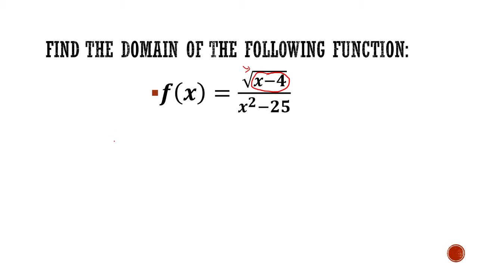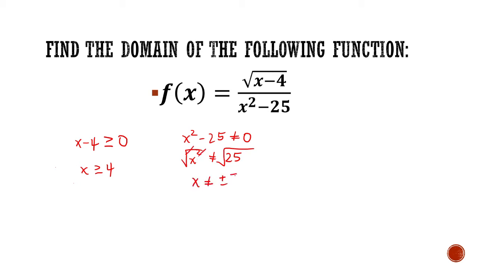So if we are given a radical expression, we just have to get the inside expression, which is x minus 4. We should set it greater than or equal to 0. Why greater than or equal to 0? We are avoiding the inside being negative. Now we solve for x. So x should be greater than or equal to 4. But aside from this, we also have to set this not equal to 0 because we don't want our denominator to be 0. We solve for x,